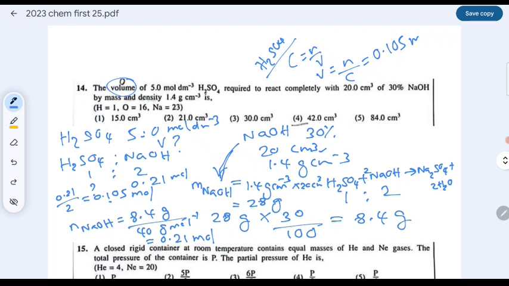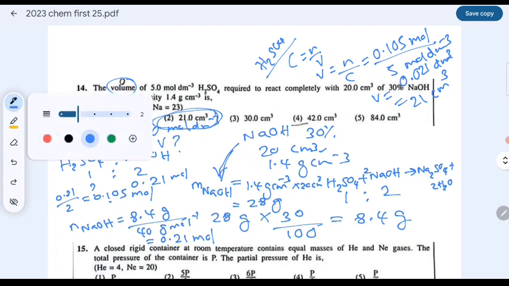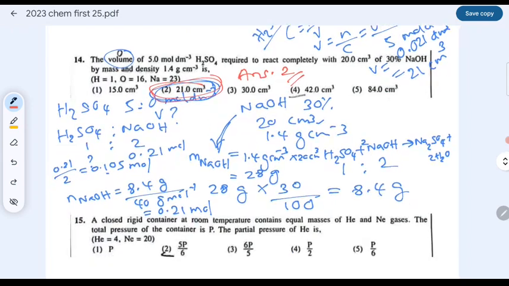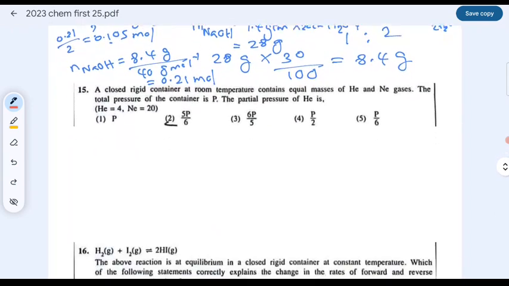0.105 moles. And the concentration is what? 5 moles per dm cube. So when you divide this, you will get the volume as 0.021 dm cube, which means 21 cubic centimeter. So the answer is 2. Answer is 2 for the 14th question. Right. Next, 15th